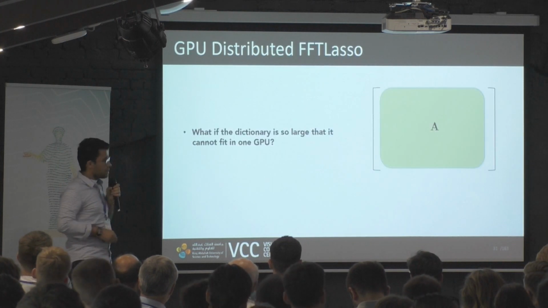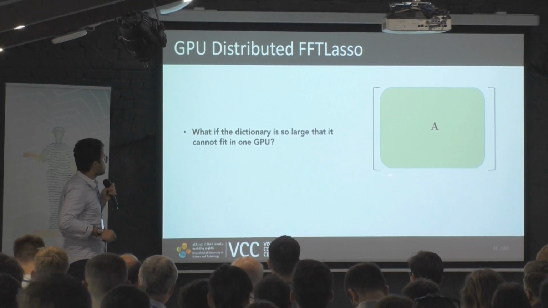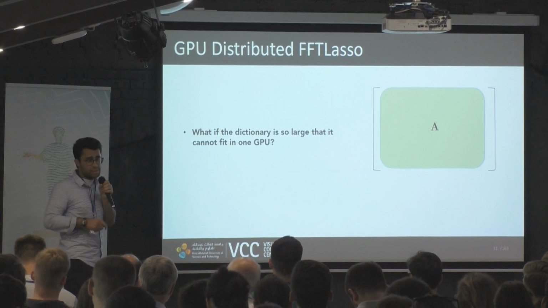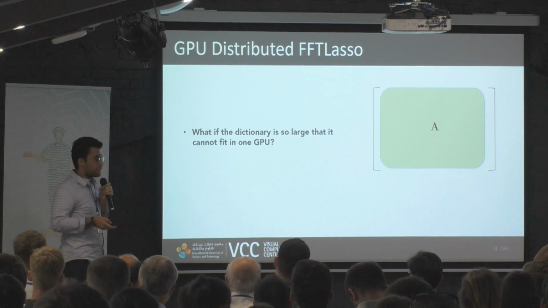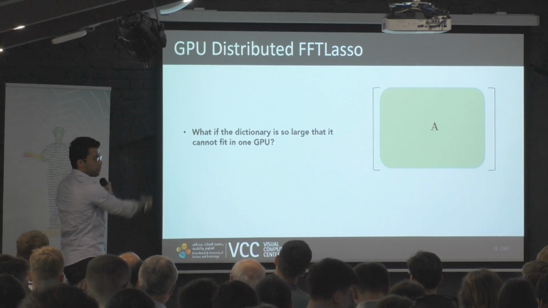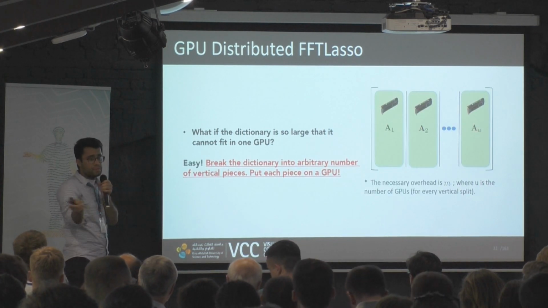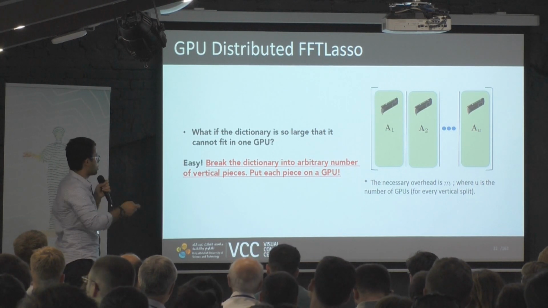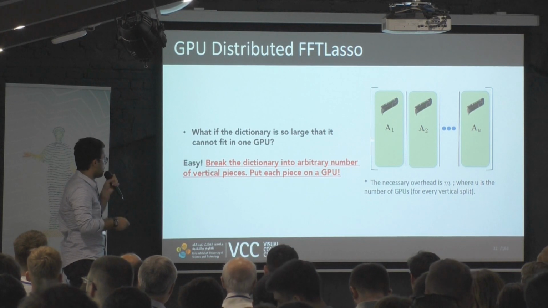Okay, so now what about parallelism? Let's assume I have this big fat matrix A that cannot be fitted in any GPU, and perhaps not even in CPU memory. Since we are doing everything as element-wise operations, and the only relation between elements is when I take fast Fourier transforms along the column, I can just trivially split this matrix into an arbitrary number of vertical splits, throw each piece on a GPU, and just communicate the Fourier transform for each piece and solve them on a local